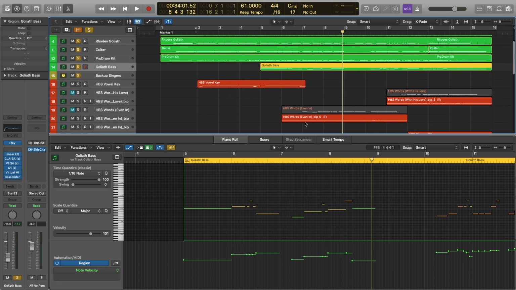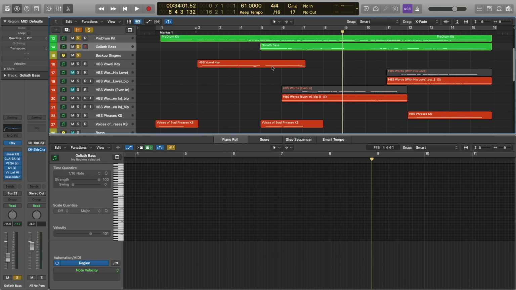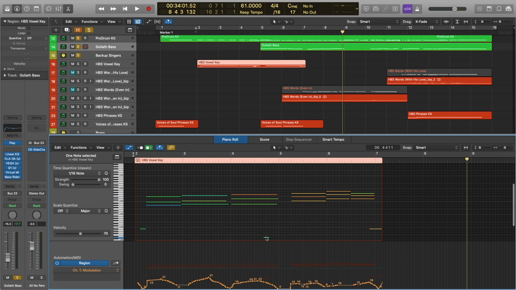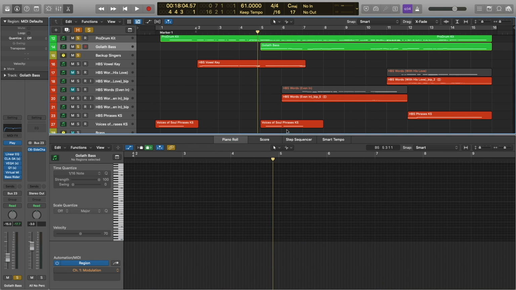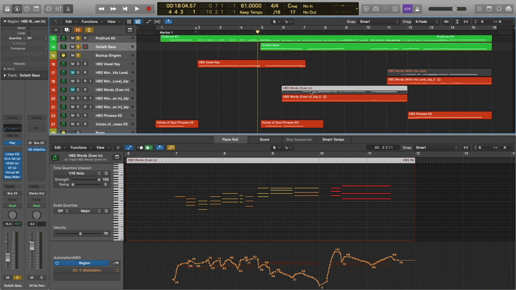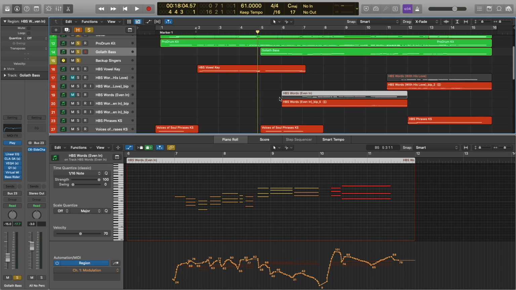Okay, let's add our vocals here. And we are going from an ooh articulation back from measure 2 to measure 5 and switching that to an ah articulation, which I really like to do. It's a subtle way to build energy without actually adding anything. And we're adding some phrases from the Voices of Soul just to add some extra color, as well as some word builder phrases. And we will get to that in just a moment.